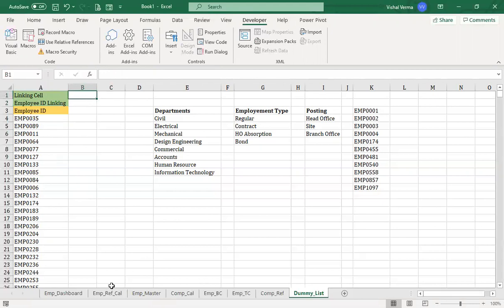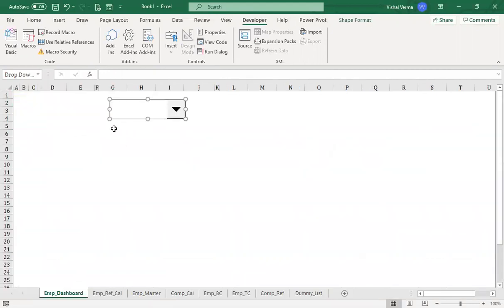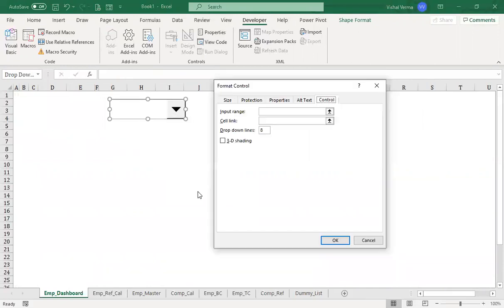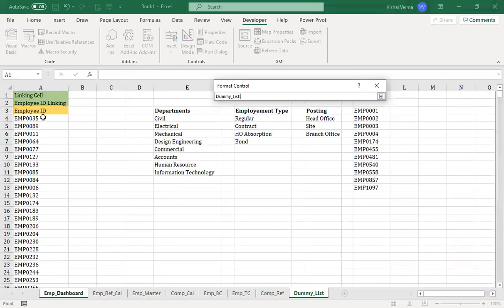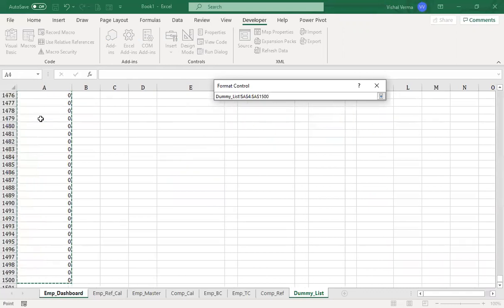Now if you go to the employee dashboard, where we have entered the combo box, we have got the format control, and in the format control we have the control tab. So we need the input range. The input range will be your entire list of employees that you have made, starting from the first employee to the last employee.